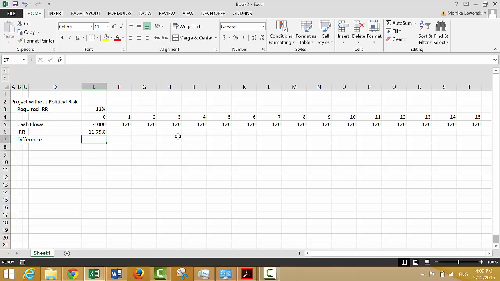And put an equal sign and just take this minus this, and we get the difference. Now let's make a little macro. Let's put diff over here. Why did that happen? Shift Control 5, Alt H,